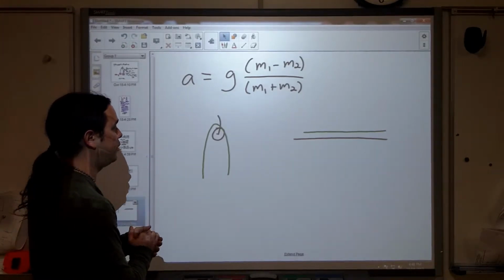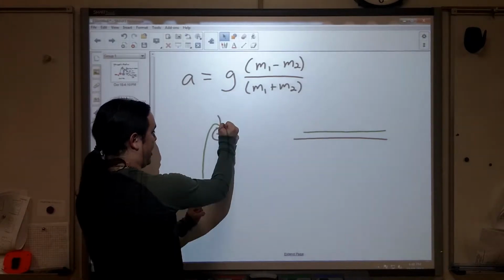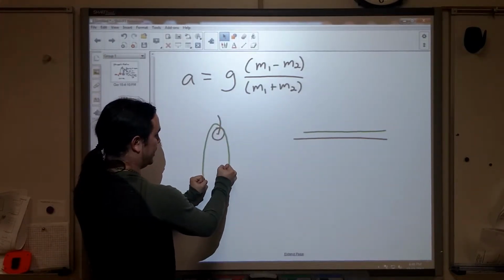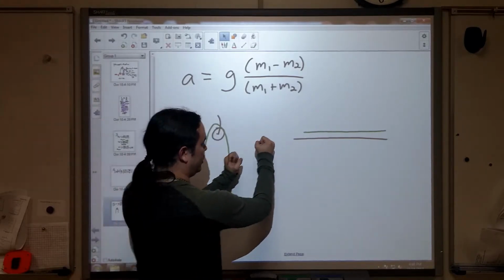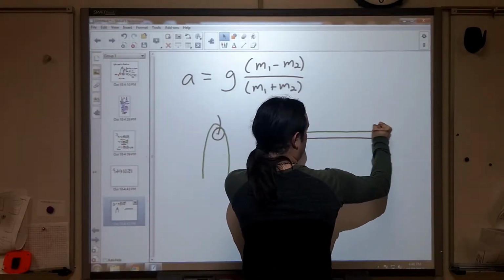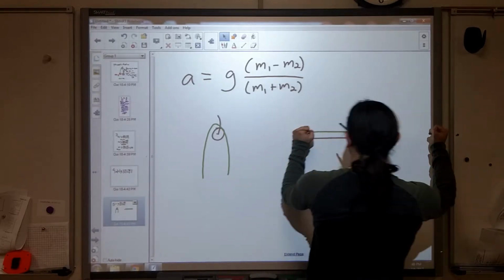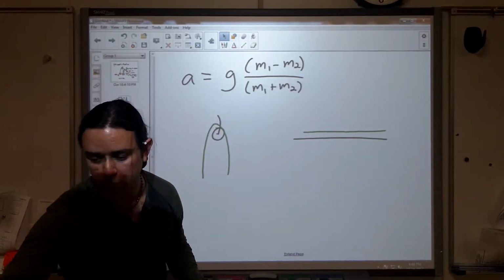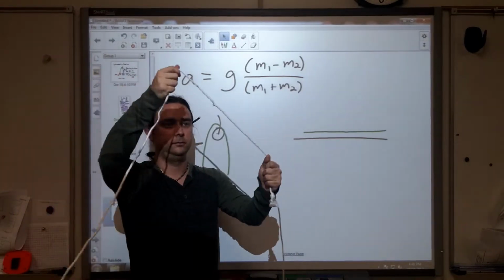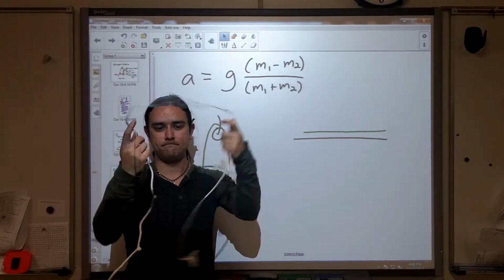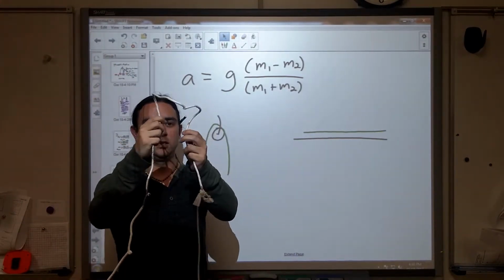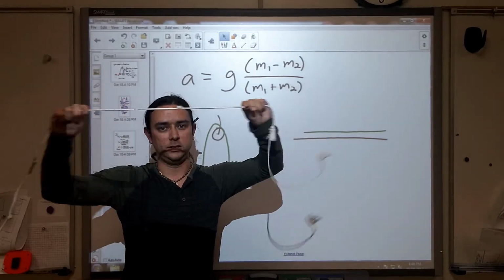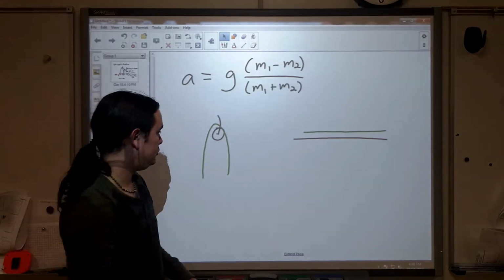But let's go through, now that we've got this set up, if this one goes down, that one goes up. If this one goes down, that one goes up. And so what we've got is, they keep doing something like this. Oops, sorry. If this one moves this way, that one moves this way, and so forth and so on. So if we've got a string between them, instead of having it like this, I could instead have it like this. All right,